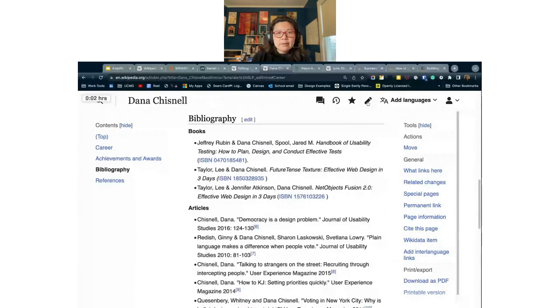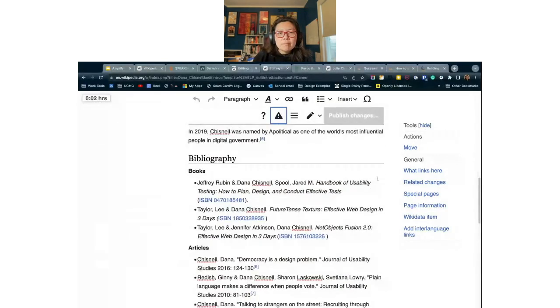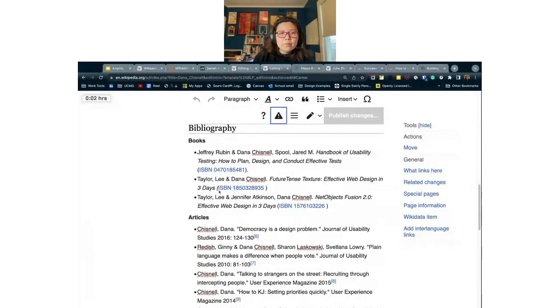I just want to edit because I noticed that this parenthesis is italicized and doesn't need to be. There's a space between the ISBN number and the parenthesis, and here as well. These are really minor edits. If you see something like this, you are more than welcome to fix it. I will unitalicize that. There are also keyboard shortcuts. Take out the spaces, and I'm editing, which is exciting.